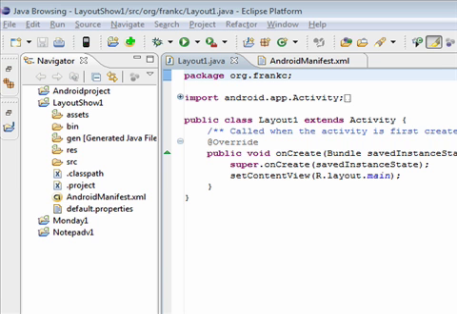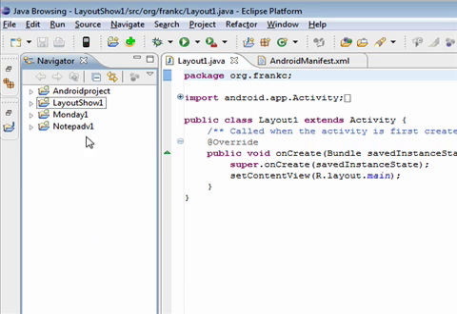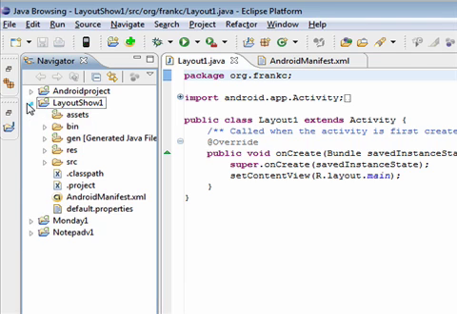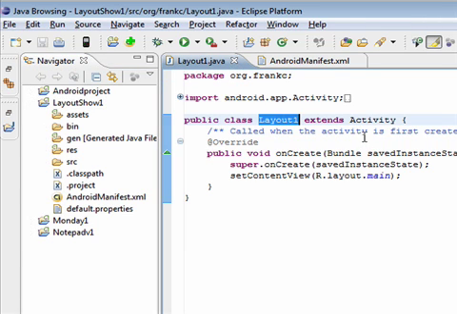So let's begin by jumping straight into Eclipse that has the Android SDK loaded. And what I've done is I've created a project called Layout Show. It's the name of the project we're looking at here. So we actually have 4 projects, but we're going to be focusing on Layout Show. Layout Show has a class called Layout 1, which extends activity, which is essentially going to be the driver for